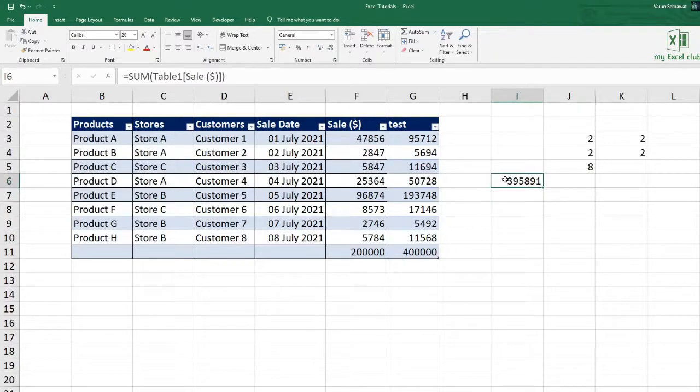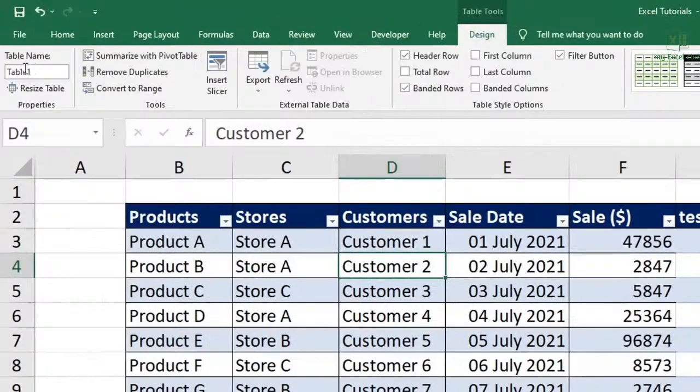Now let's give a good name to our table. Click on the table, go to Design. At the top left, you have table name. By default, the name of the table is Table1. So let's change it to some other name. I'm writing here MyData.